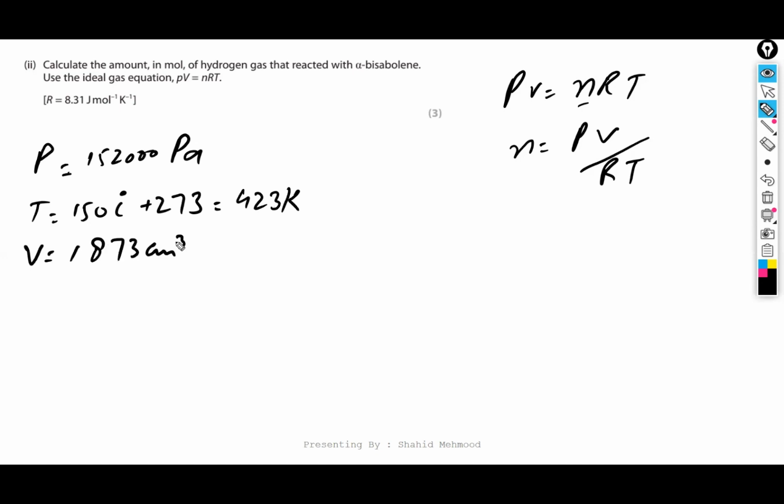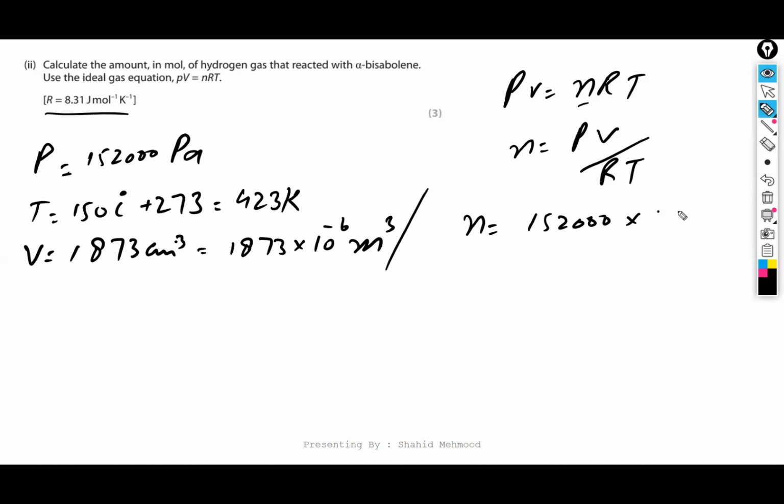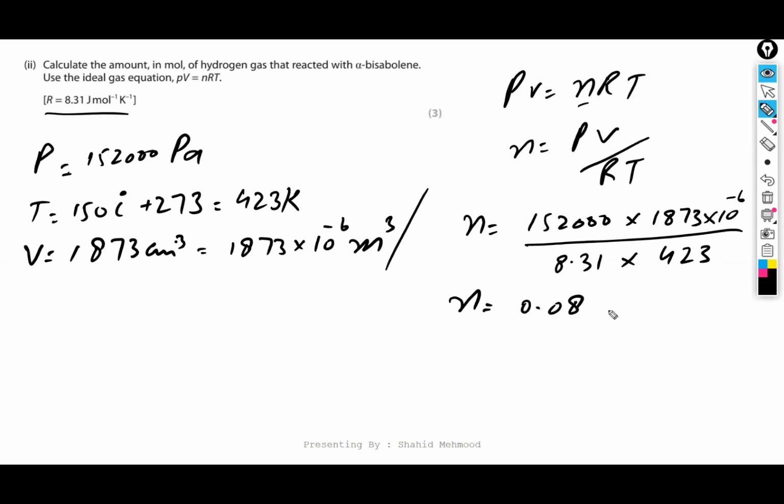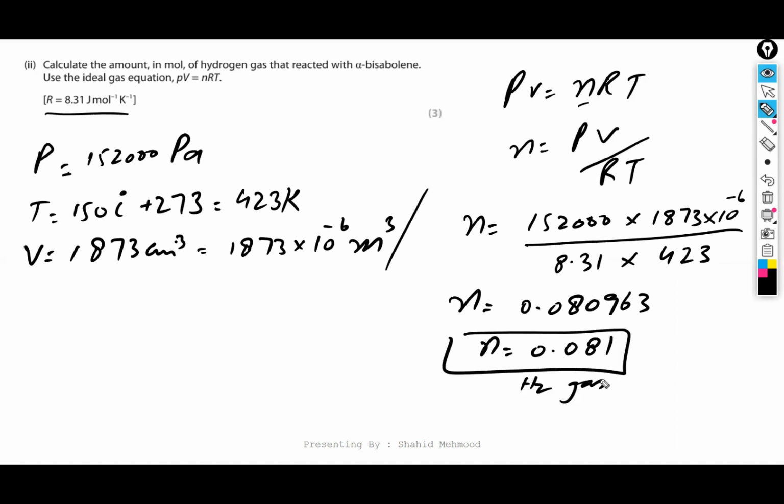Volume is given to us as 1873 cm³. Now we need to change this into meter cube. So we have to multiply by 10 raised to the power minus 6, and this will be in meter cube. And the R value is already given to us. By putting all these values over here, volume is 1873 times 10 raised to the power minus 6 meter cube, divided by 8.31 times temperature 423. And we will get the answer, that is 0.080963, rounded to 0.081. And this is the number of moles of hydrogen gas, which completely reacts with the number of moles of